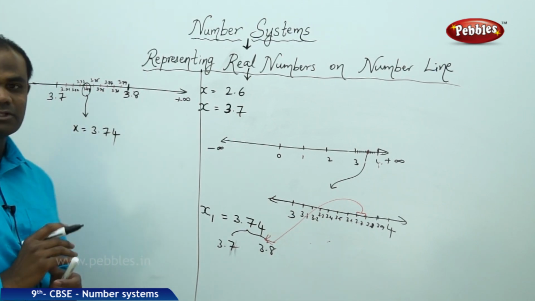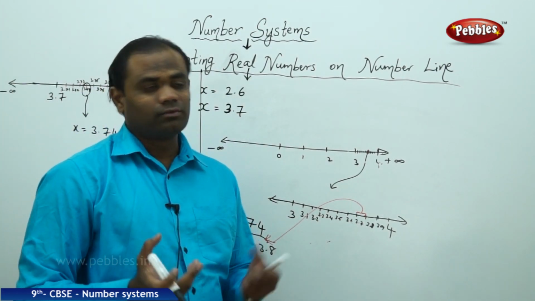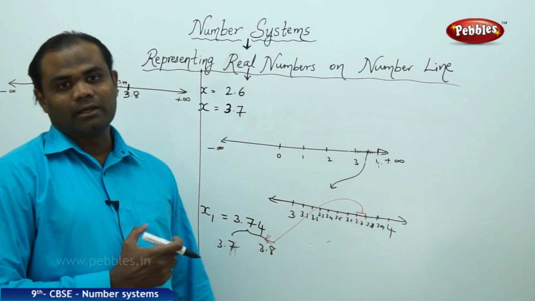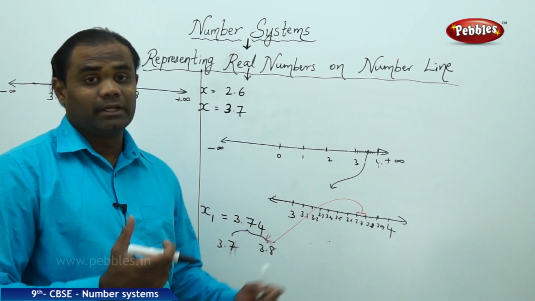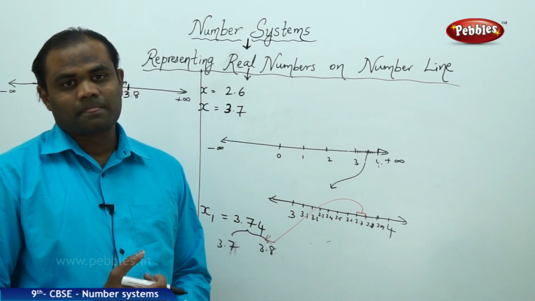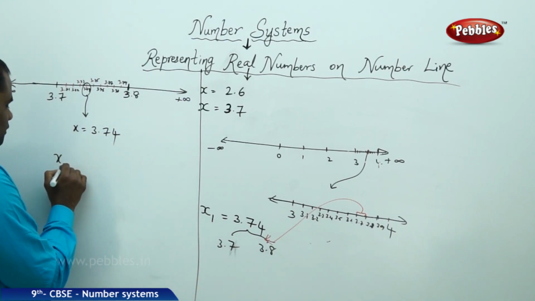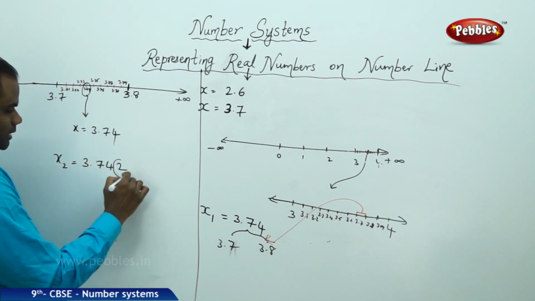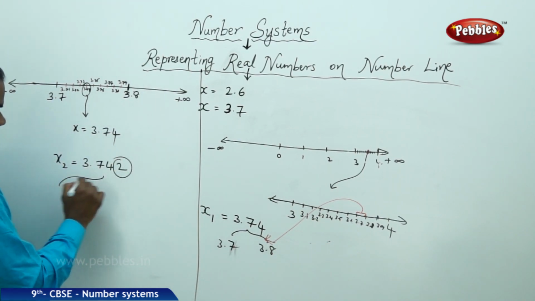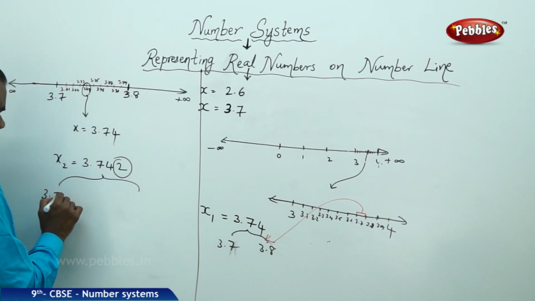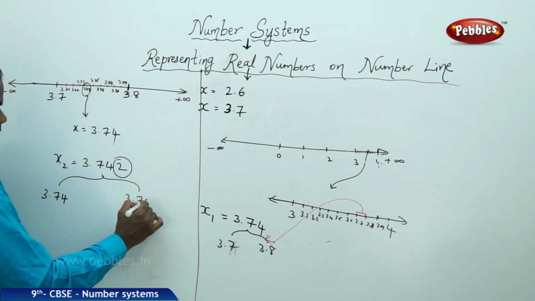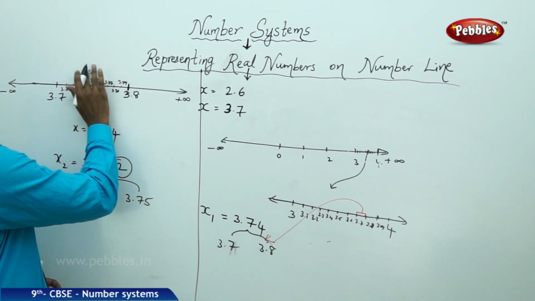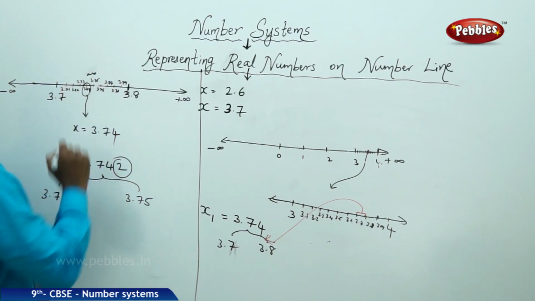This is how we understand the subdividing of intervals, through which we can zoom in and zoom out the real number line accordingly as the number of decimals increase or decrease. For example, I continue further with the new number x2, which is 3.742. Then I have my third decimal, which is 2, and I clearly have this number lying between 3.74 and 3.75. So I try to locate the region between 3.74 and 3.75, and I make a new number